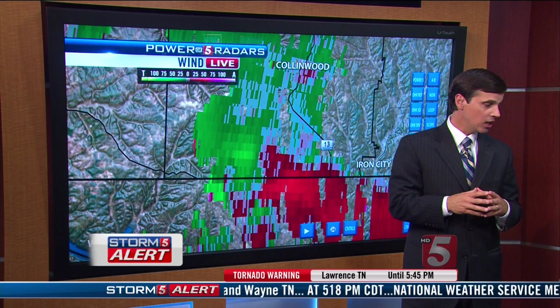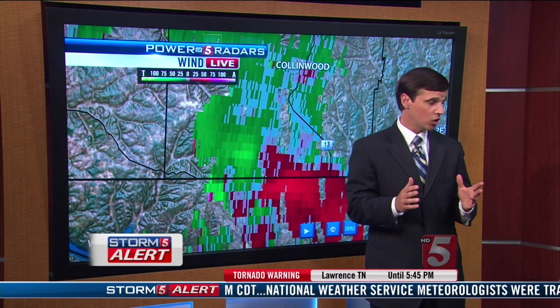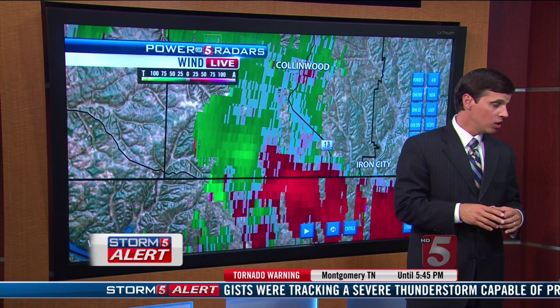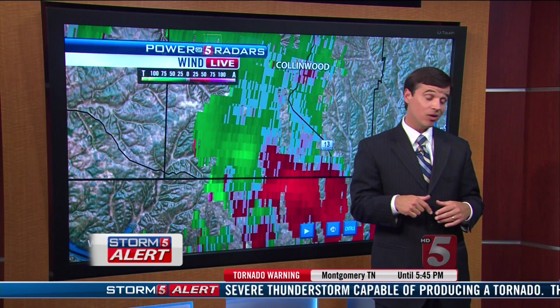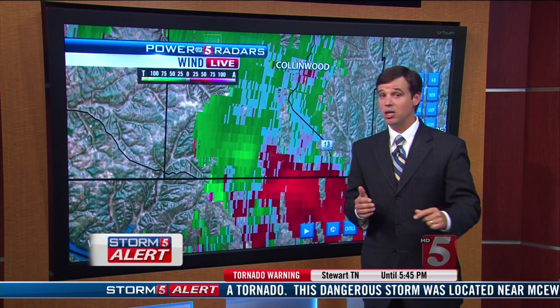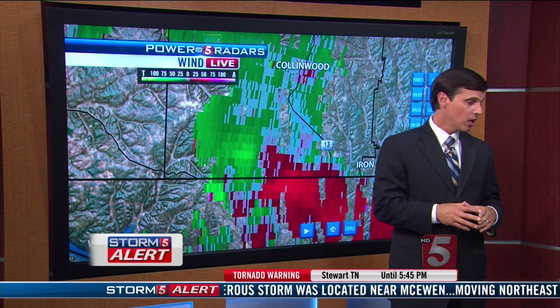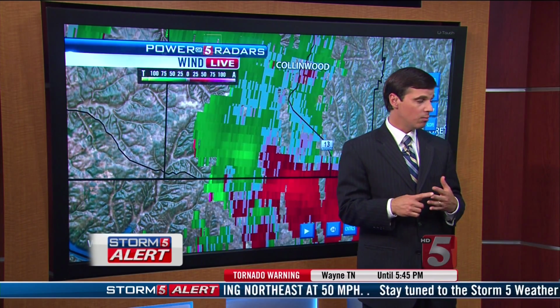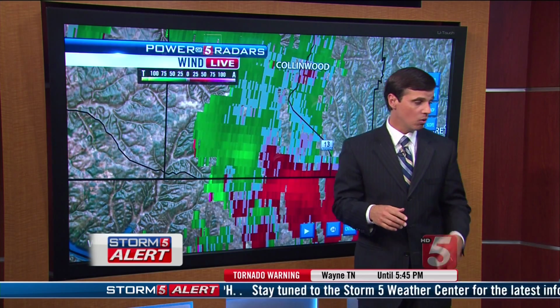National Weather Service, we're tracking a severe thunderstorm still capable of producing a tornado, and with a history of producing tornadoes earlier. Storm was near McEwen, moving northeast. Now they've increased the speed even more to 50 miles an hour, so this storm can be on you very, very fast. Also, severe thunderstorm warnings continue for Giles and Lawrence and Marshall counties,